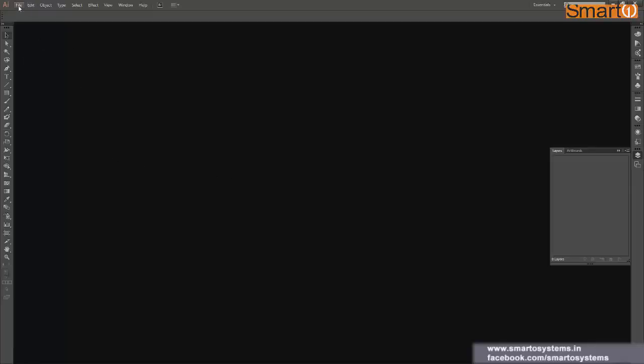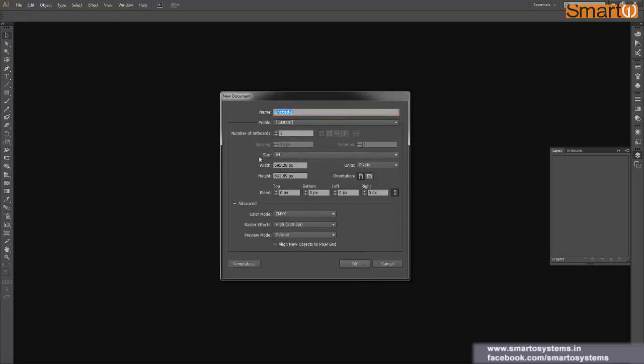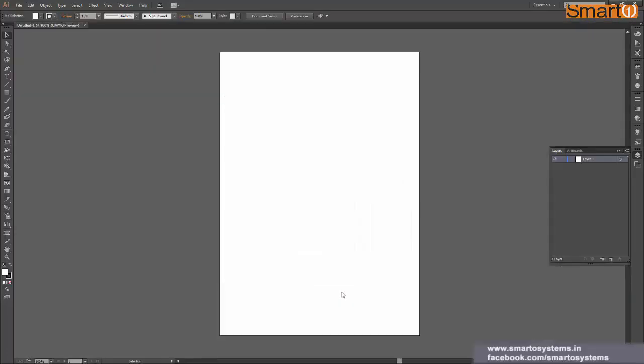So I'm just going to create a new file from here. Make sure the number of artboards is 1. I don't want multiple artboards right now, and there I have my file. So I'm going to create a circle and a rectangle over here.